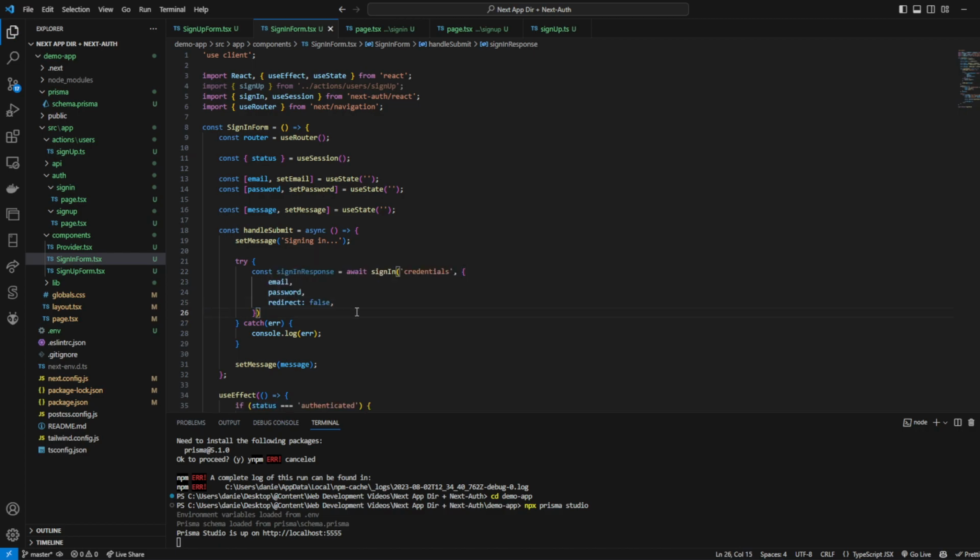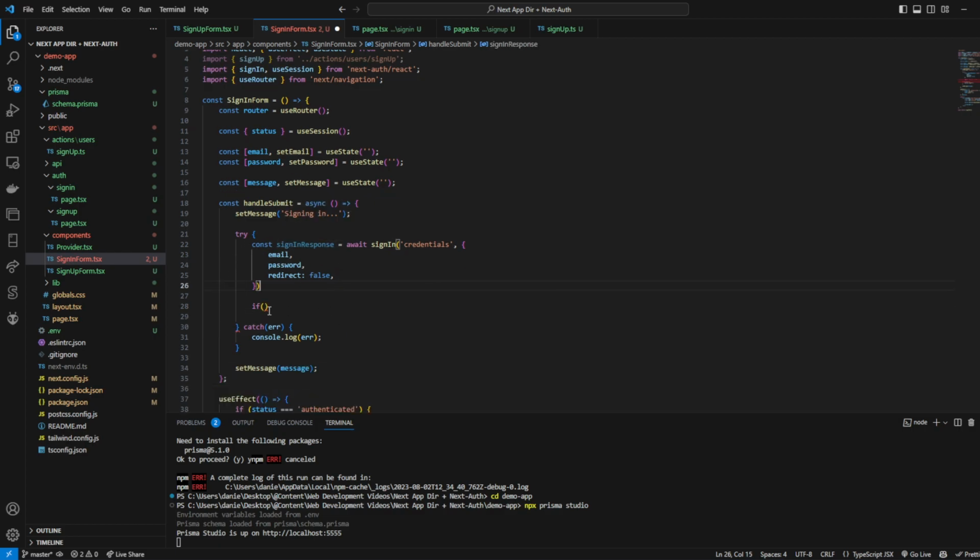Actually, we can just go ahead and remove that. Now what we'll want to do is basically check, okay, is this response successful, or is it not successful? Okay, so if the sign-in response is either undefined or if it's not okay,